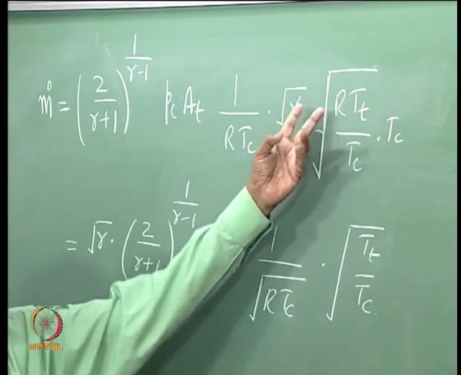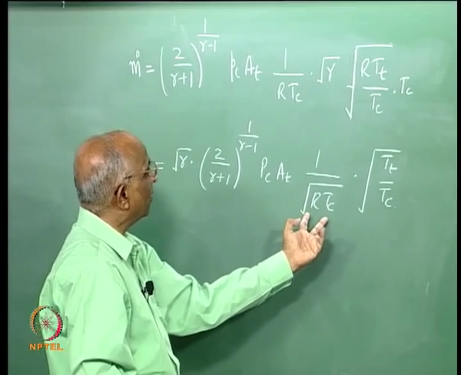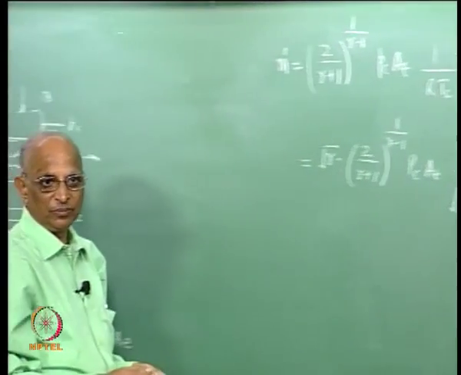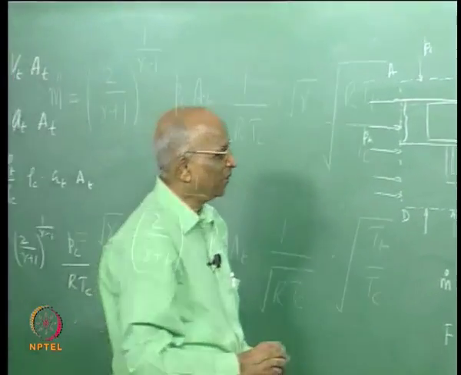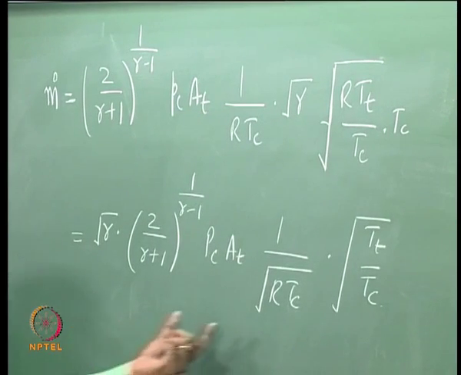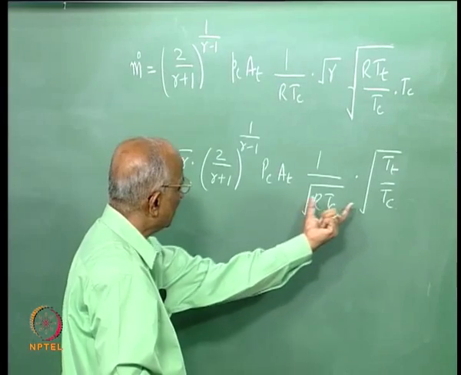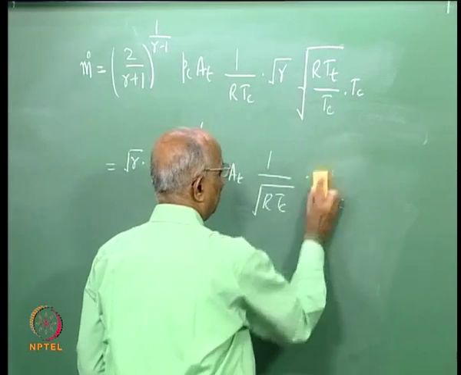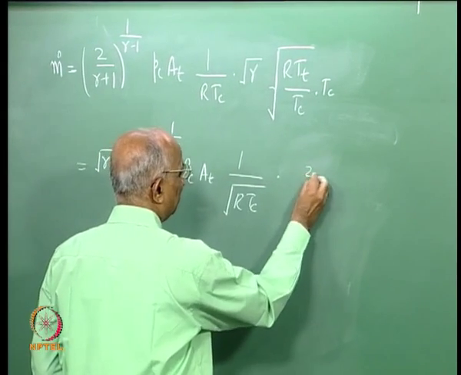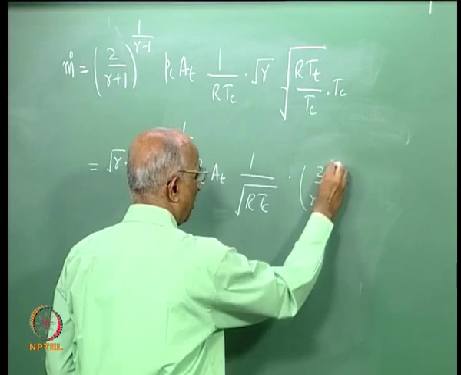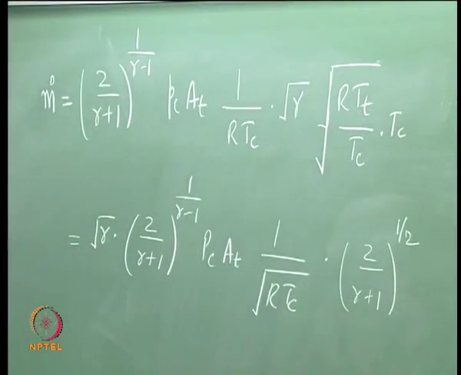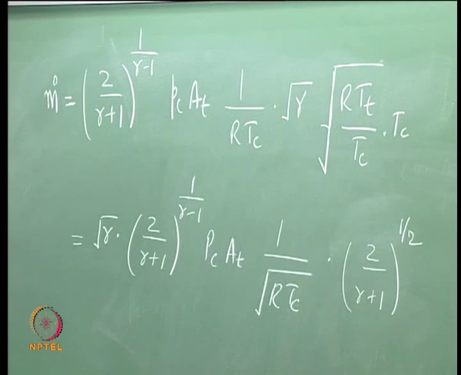I take RTC under root outside and this gives me under root RTC. I am left with Tt by Tc here and the remaining things are the same. Is it all right? If I were to simplify this term, I keep this term as it is. Now instead of Tt by Tc, I can write it as 2 over gamma plus 1, to the power half. Tt by Tc is 2 over gamma plus 1 and it was under root, and now I want to combine